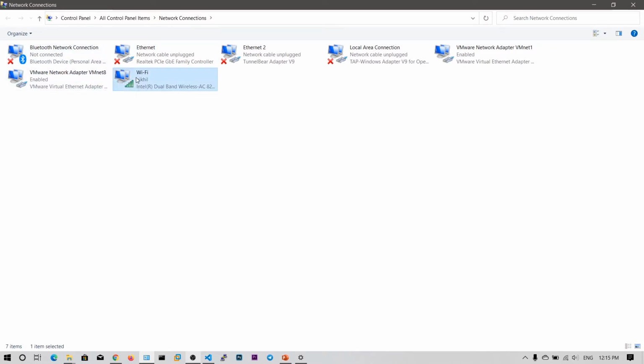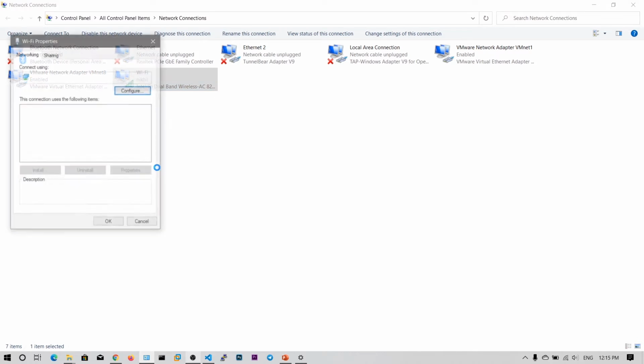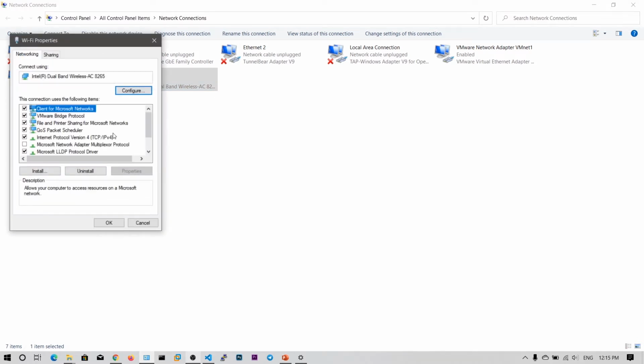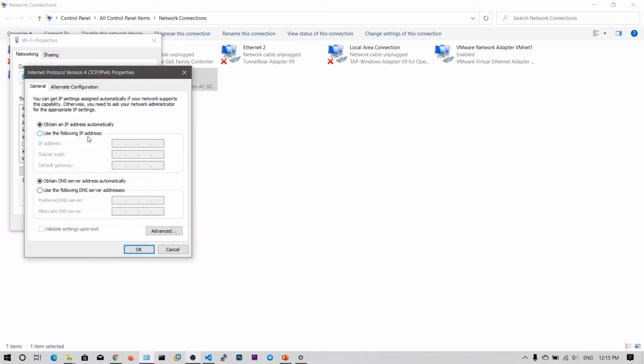I have this Wi-Fi which has the internet access. Right click on properties, and you can see here Internet Protocol Version 4, and you need to double click on this. So here you need to click on "Use the following IP address", and you want to give the IP address to that particular computer. And also the subnet mask, the default gateway, which is the router's IP address, and the DNS server if you have one, or you can use Google's DNS server 8.8.8.8. It's like a public DNS server.